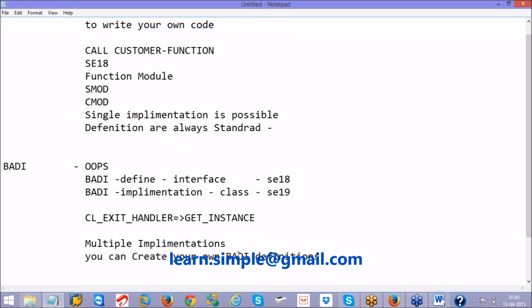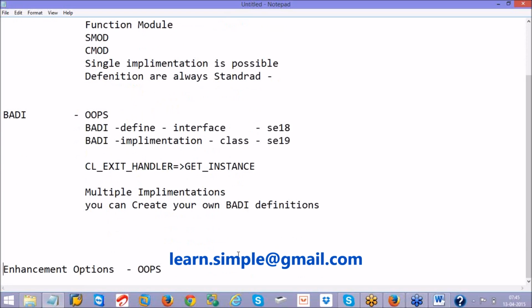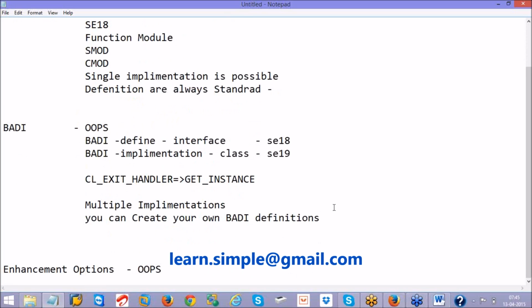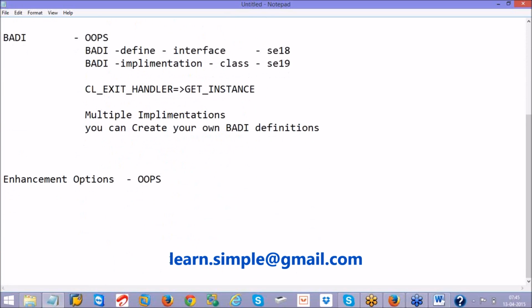Okay, so these are the fundamentals about BAdIs. Now, if you are interested, there is something else called enhancement options. SAP came up with enhancement options in the ECC 6 version; before that, enhancement options were not there.